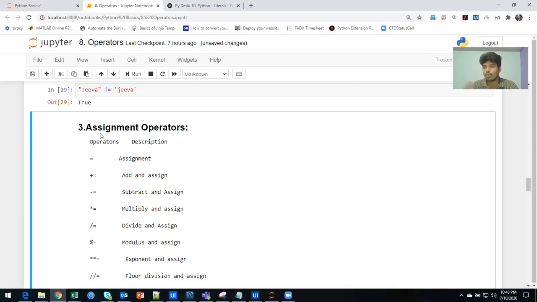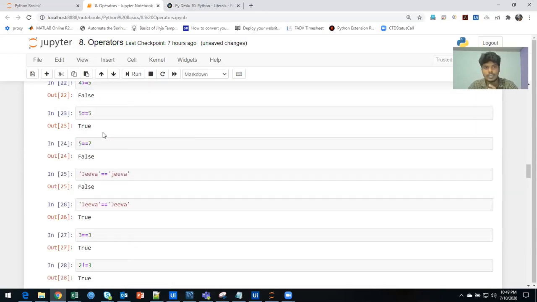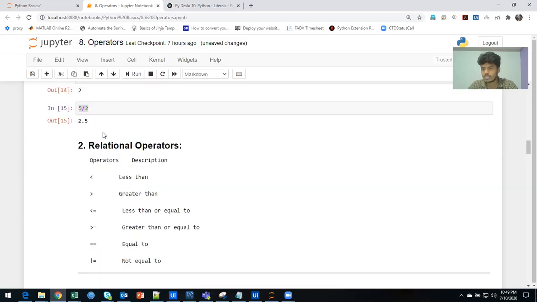That's the whole of the relational operators we are talking about, right? You can use them in specific conditions, like if, while, or any other choices that you want to make. That's relational operators. Next,